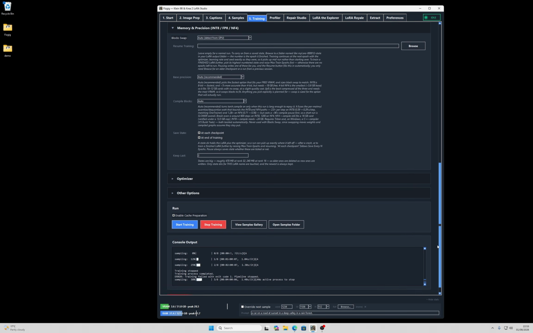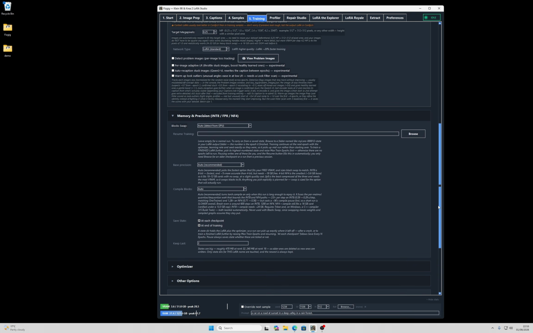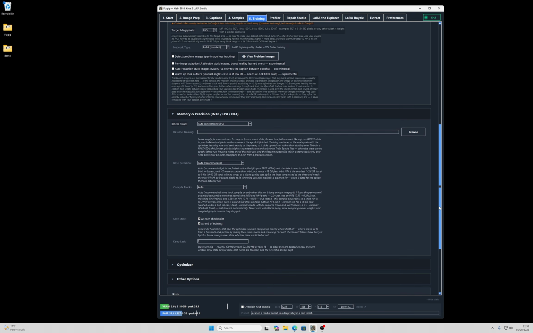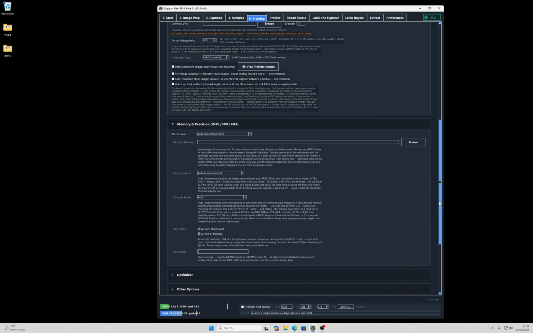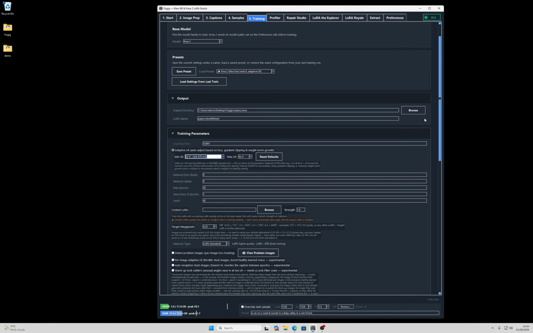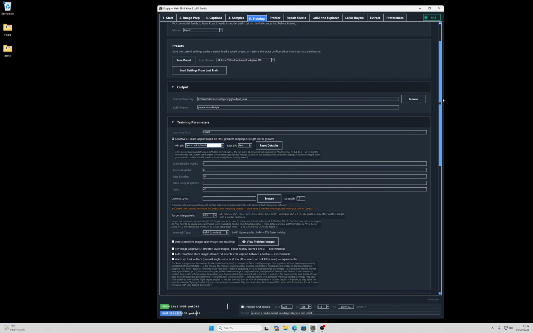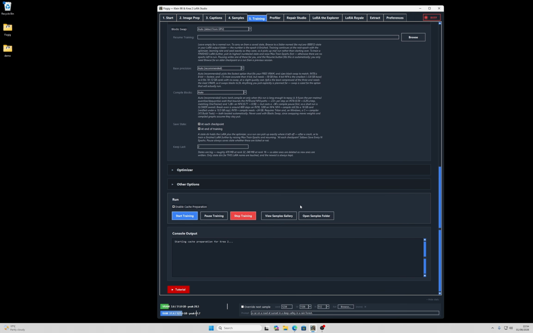all the memory settings on auto, no matter what your card, because the memory algorithm is designed to make the most out of your card. It does look at available VRAM models, what capabilities your card has, and picks as best for that. So let's just actually start the training. So I'm going to hit start training now,